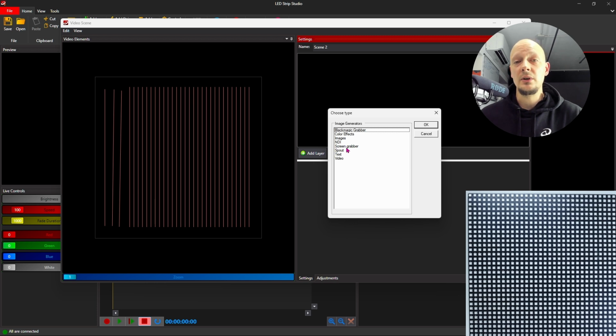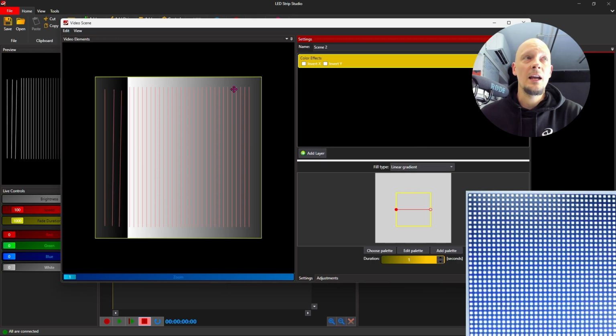And you can use a screen grabber, that is, you can grab a portion of your screen and send it to your LED strips. Spout, that is to send the content from one software to another on the same PC, or you can play a text, or you can use any kind of video. But we want to test now the color effects. It will add a layer,